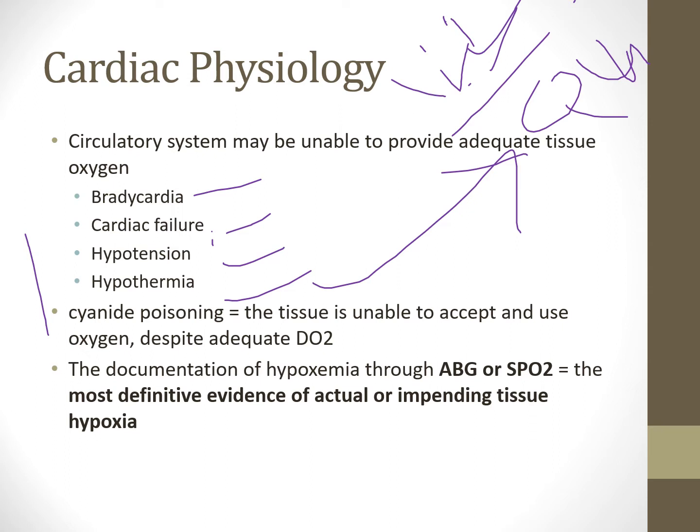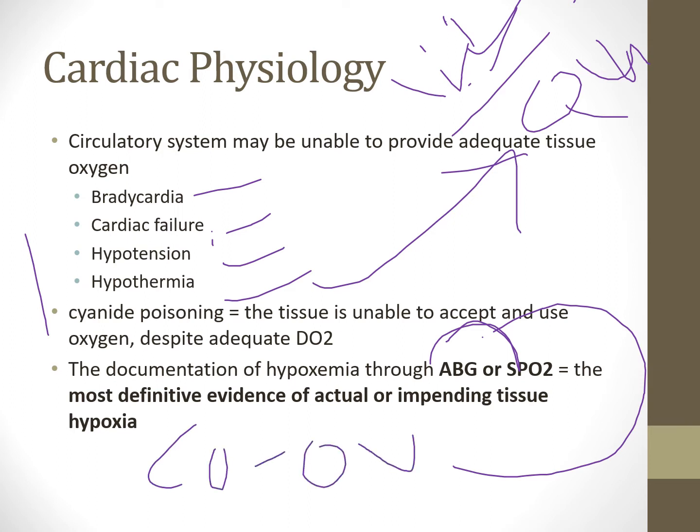So how do we document hypoxemia? ABG and pulse oximetry are going to be your two. Remember, the pulse ox is the number one monitor used in the neonatal intensive care unit. So the most definitive evidence of actual impending tissue hypoxemia will usually be indicated by arterial blood gas or pulse oximetry. Understand this, that arterial blood gas can include